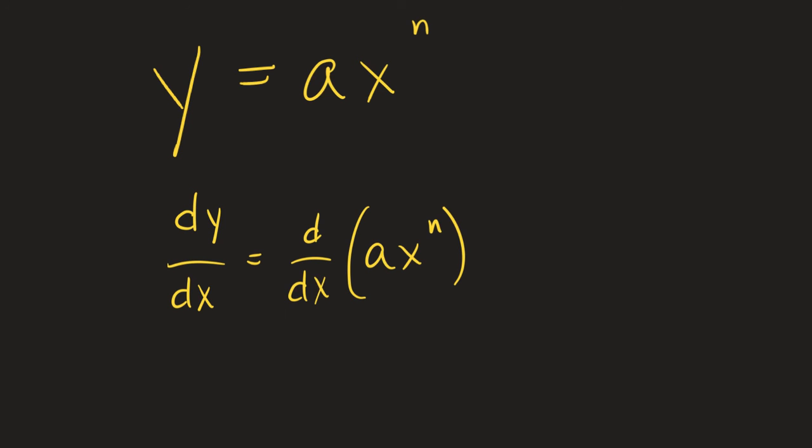First, coefficients. They can be brought out front of the differential. So the first thing I would do here is I would tell you that this is actually a times d dx of x to the n power. Now we got that pesky coefficient out of the way, we are going to employ the polynomial rule. The polynomial rule is super simple. To employ the rule,